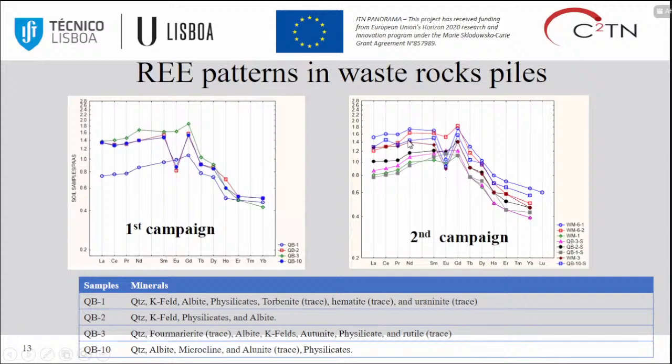The behavior doesn't change much between seasons, but we did the XRD characterization, and we can see the first group with positive europium anomaly has uranium as a trace element. For this reason, we suppose the behavior and the higher concentration of the rare elements is related with the uranium minerals, and the negative europium anomaly is related with the feldspar and plagioclase